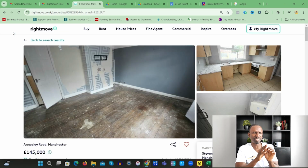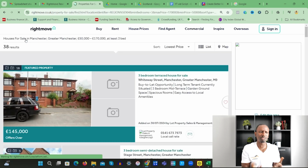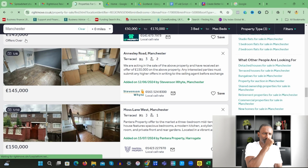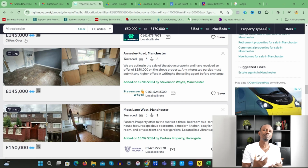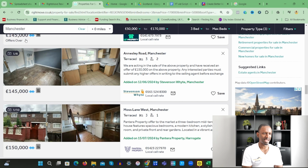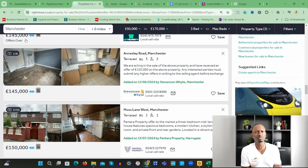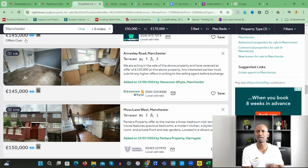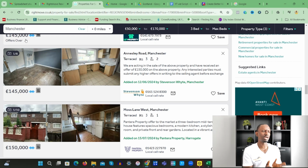Now we know we're interested in this property, but what we're going to do now is find out how much properties are going up by in Manchester specifically, because we want to know roughly how much we may be able to get from investing in properties like this. We have already been told there's already an offer for £150,000, but I just pretend it's not there. I'm going to go and ask for that property, hopefully get it at that price or below market price. So now we know we can get that property for